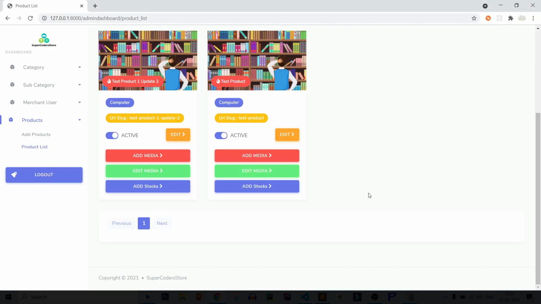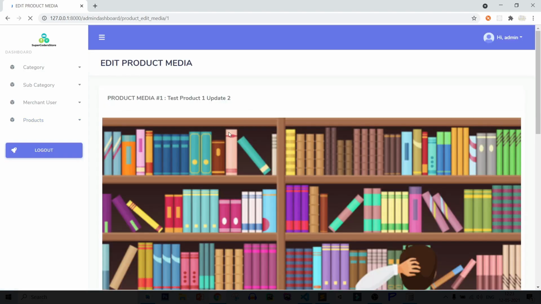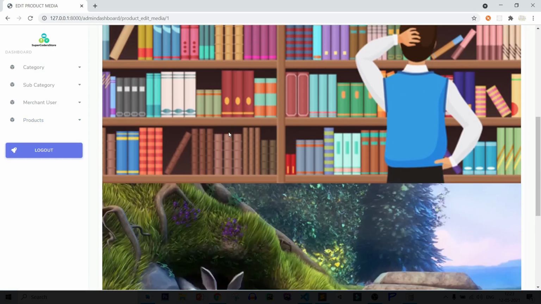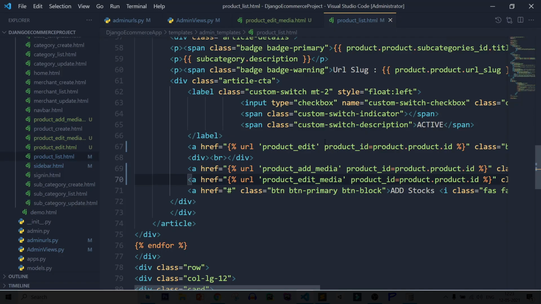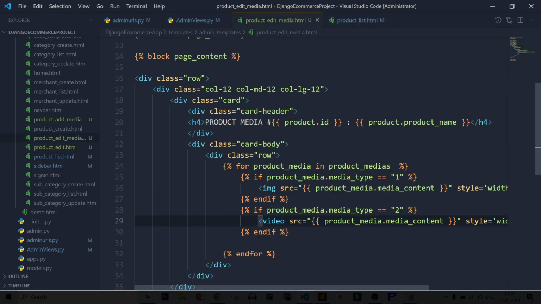Save this file, refresh page, let's check edit media, and you can see it is showing, but it is showing too large.